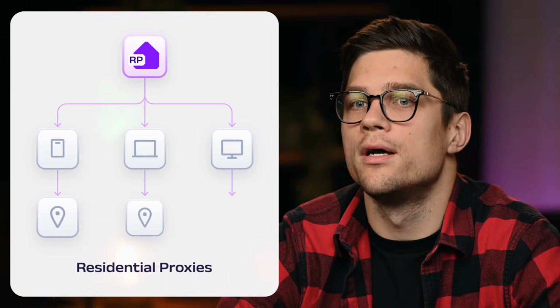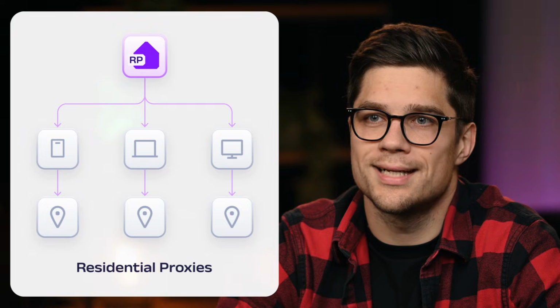Residential proxies are intermediary servers that route your request through IP addresses assigned by internet service providers to real households and physical devices. These IPs belong to people's phones, laptops, and routers, which makes your traffic look like it's coming from an actual person, not a bot. Because of that, residential proxies are very difficult for websites to detect or block, making them ideal for complex targets